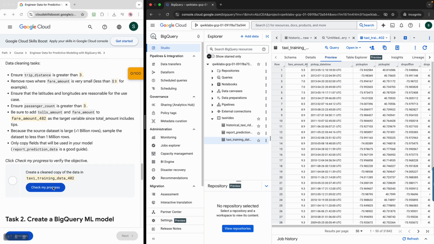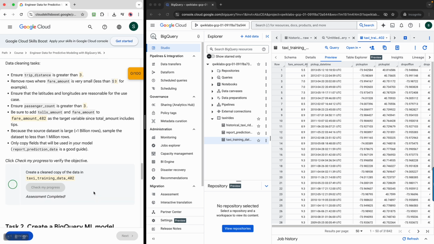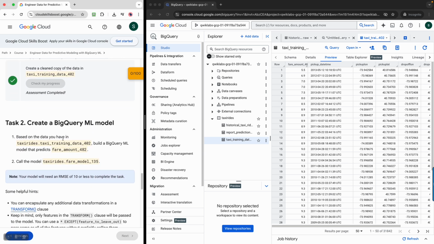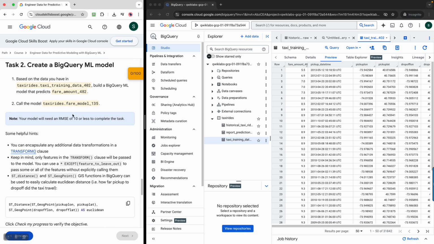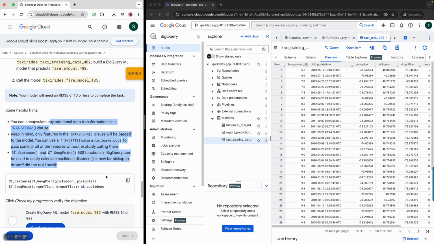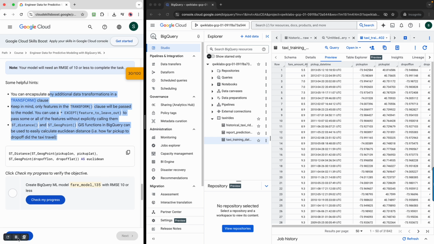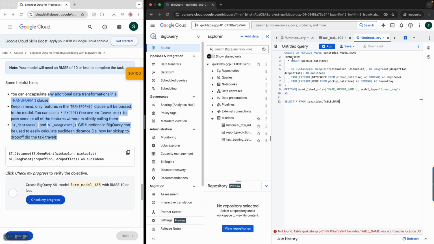So let's check the progress. Based on the data you have, build a BigQuery ML model to predict fare amount. Call the model, and it needs an RMSE of 10 or less to complete the task. So this is where I need some query. Okay, I have this query. Now you can see I need to